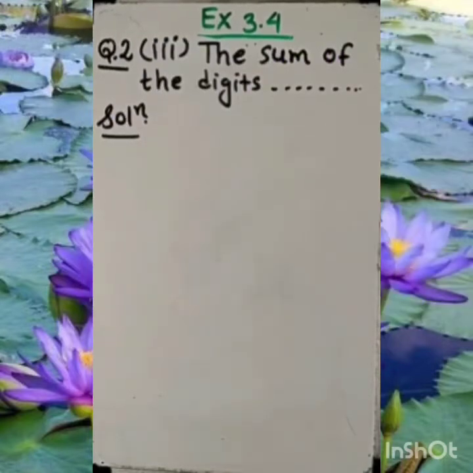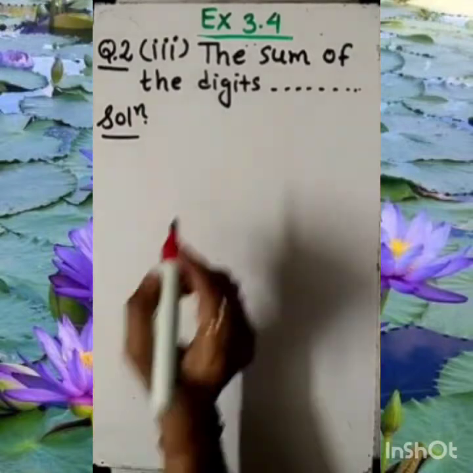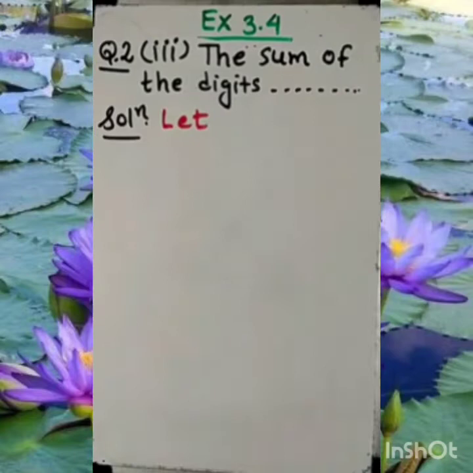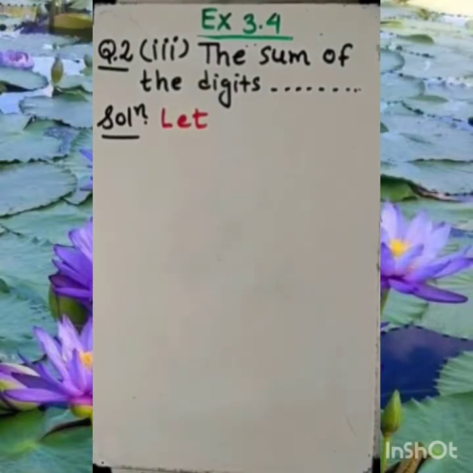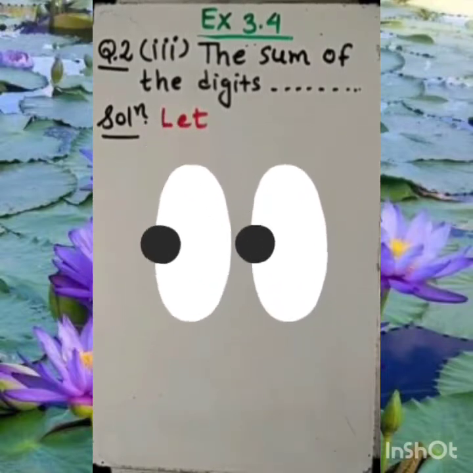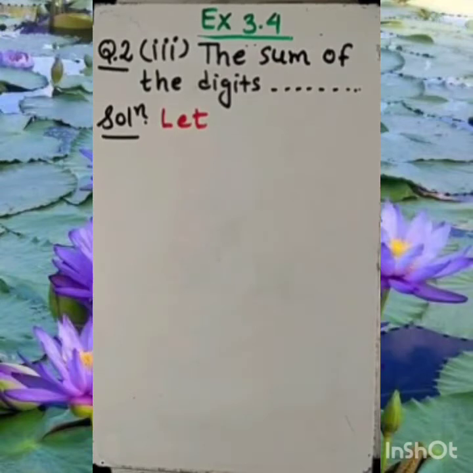Now, in the beginning, we are given that the number is of two digits. Whenever it is a two-digit number, we have to consider something. The number is of two digits, so we need to mention which digit we are taking on the unit place and which digit we are taking on the tens place. So there are two places. First we need to mention, let the digit in the unit place be,